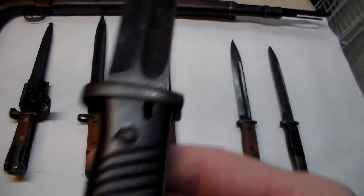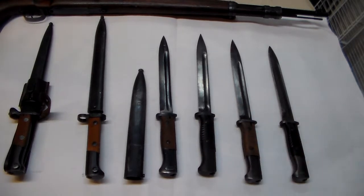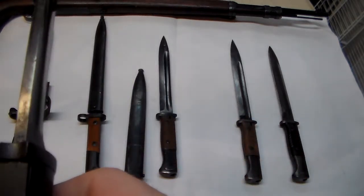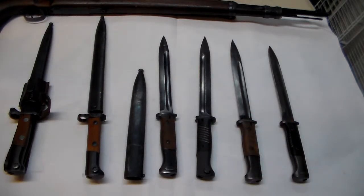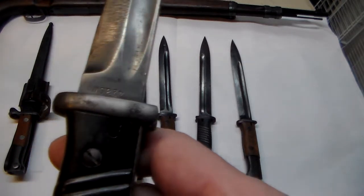That's Elite Diamond. I'm probably not pronouncing any of these right, but they actually made bicycles, one of the oldest bicycle manufacturers, and they made bayonets. So the number codes were basically used from 34 to 37. Then the commercial codes were from 37 to 40, 41, somewhere in there. And as you can see, right there, 1940 is when that one was made. And then later they did letter markings, which also had the year on them, like that right there. That's a 42